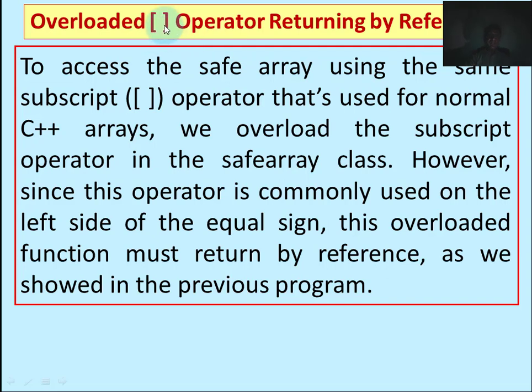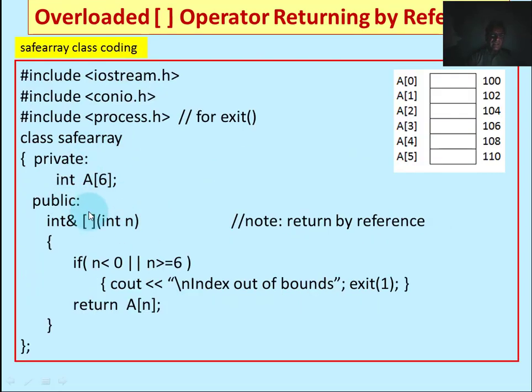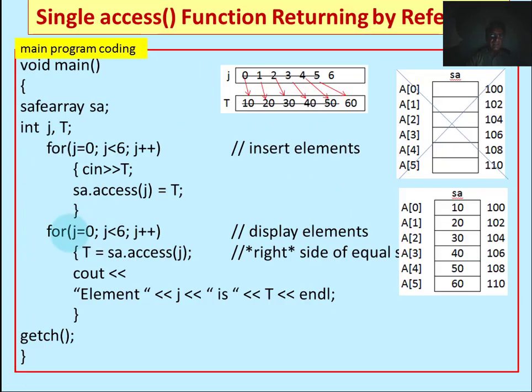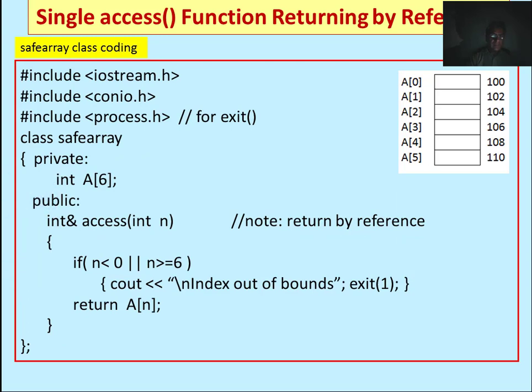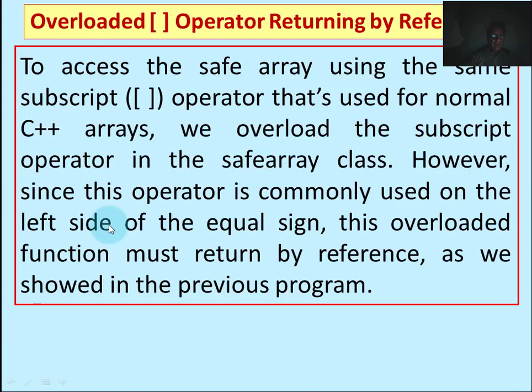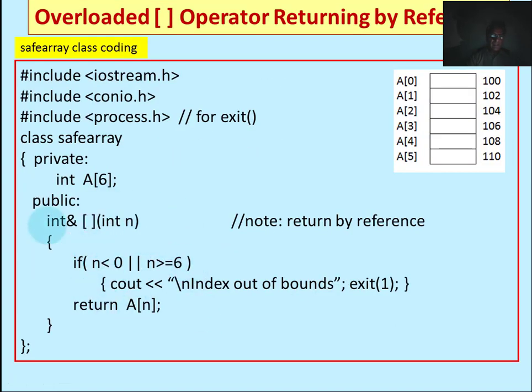Overloaded subscript operator. Now it is easy. This is a subscript operator, and this we are going to overload. In the access function, we are using this operator. You may see it here, and this was the access function. This function is the same. Nothing is changed in that. At this place of the word access, we have used this operator. All other things are like that. Only the single function is inputting and outputting the value, and it is also returning the address.